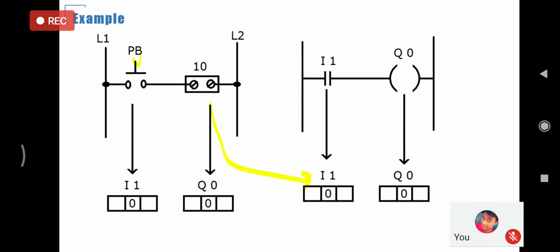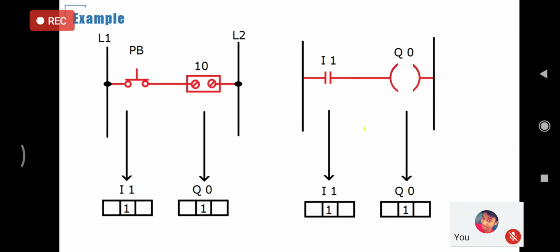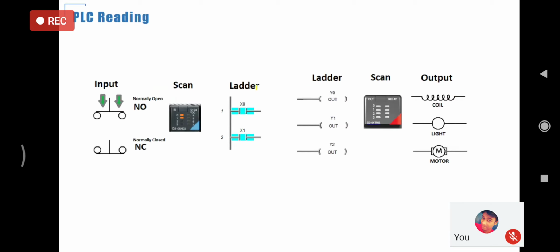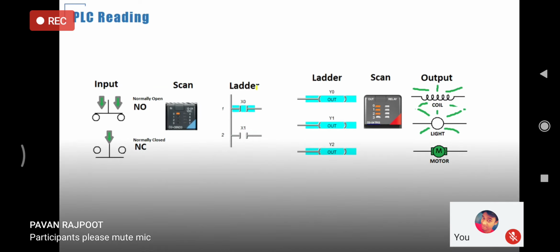As soon as the push button is pressed, the digital controller starts reading it as a 1. Since controllers use digital language, we say that the official language of a controller is 0 or 1 only. As soon as the push button is released, the contact goes back to open.